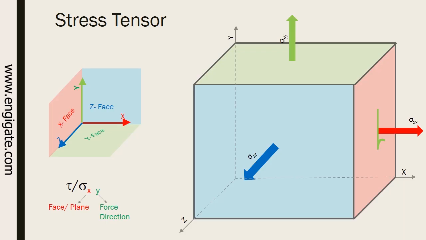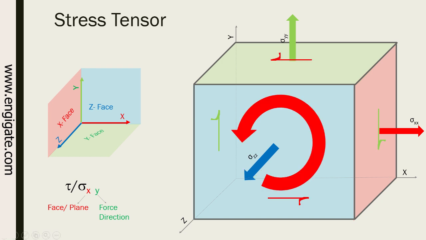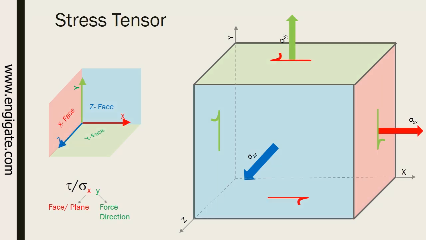Now as you can see, there is shear stress on the x face. That is shown over here. So here is a reverse component of it and a couple produced due to it. To balance out this induced couple, another couple is generated, that is shown by the red arrow over here. Similarly, stresses on all the planes are shown over here one by one, as you can see for the x plane, and for the y plane, and for the z plane also.